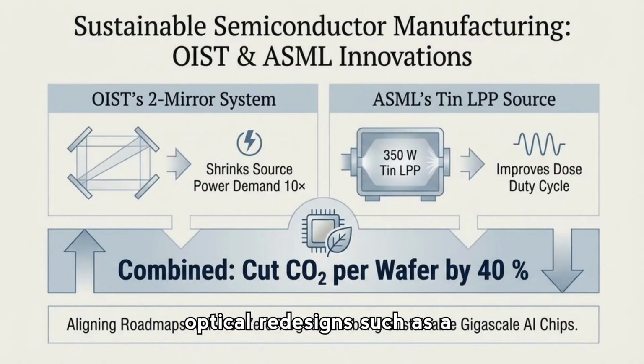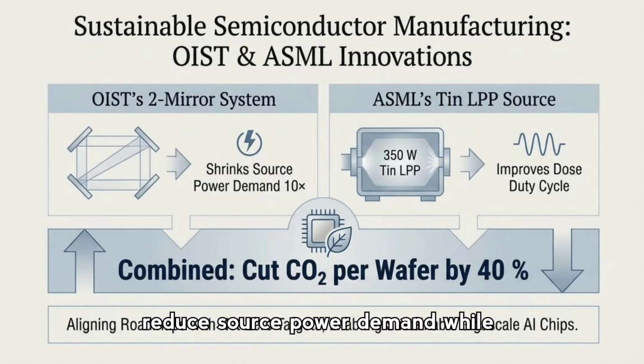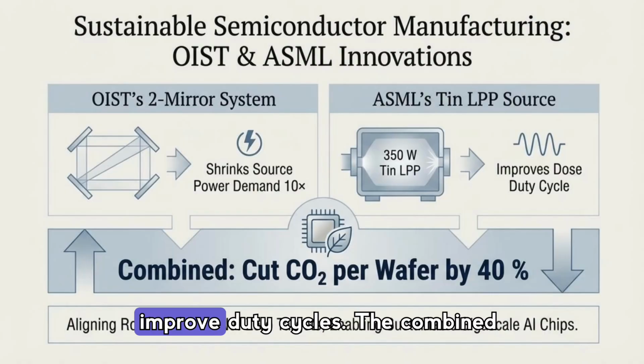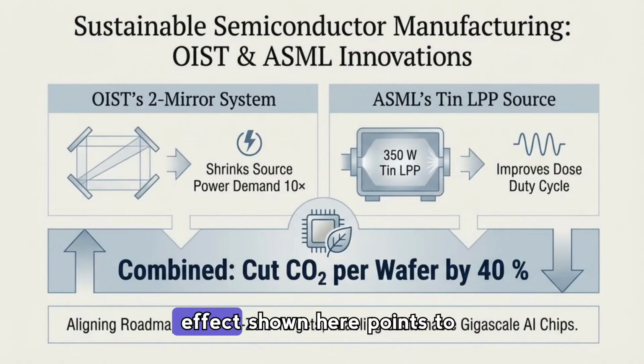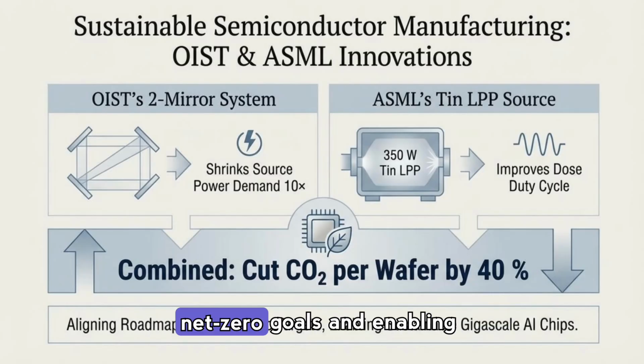Sustainability innovations are already lowering the carbon footprint of EUV manufacturing. Optical redesigns such as a 2:1 mirror collector dramatically reduce source power demand, while advancements in tin-based laser-produced plasma sources improve duty cycles. The combined effect shown here points to significant CO2 reduction per wafer, aligning EUV roadmaps with net zero goals and enabling large-scale, more sustainable chip production for AI